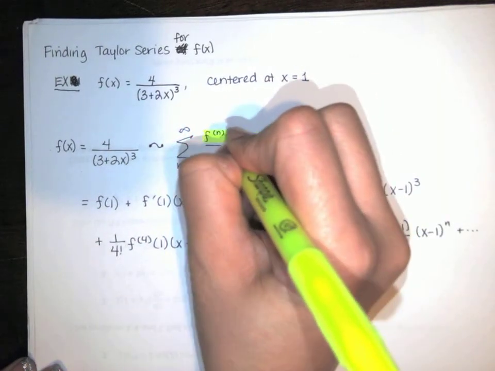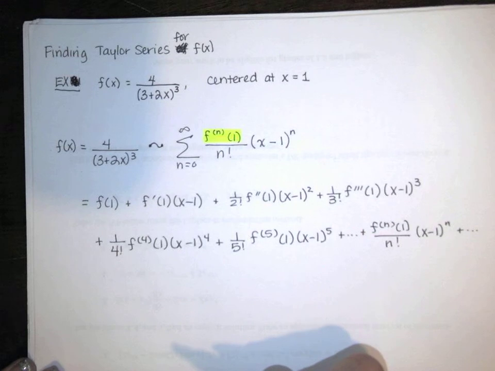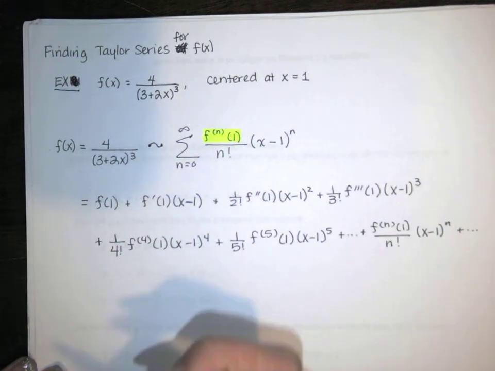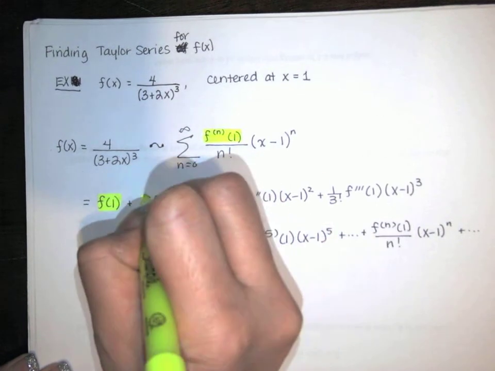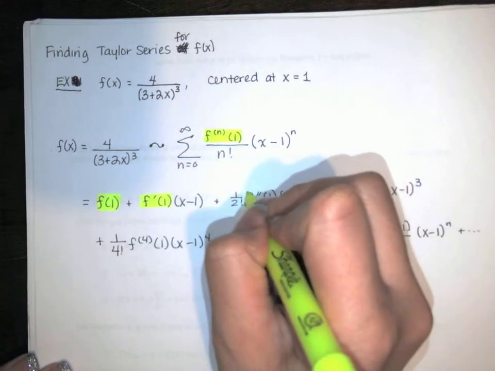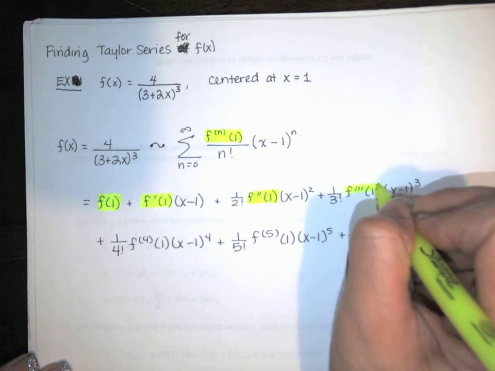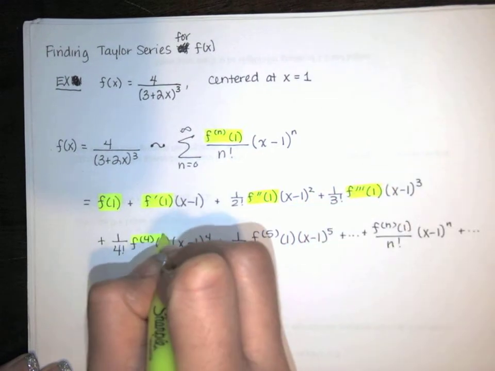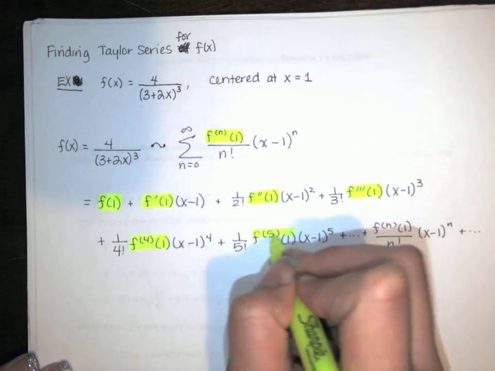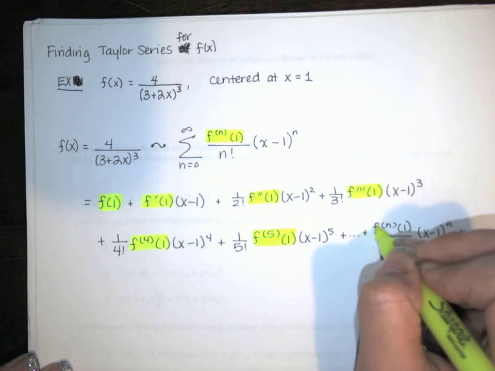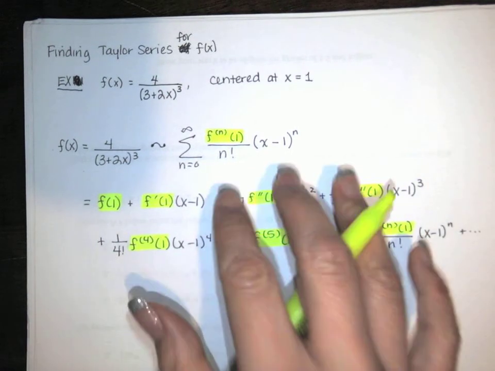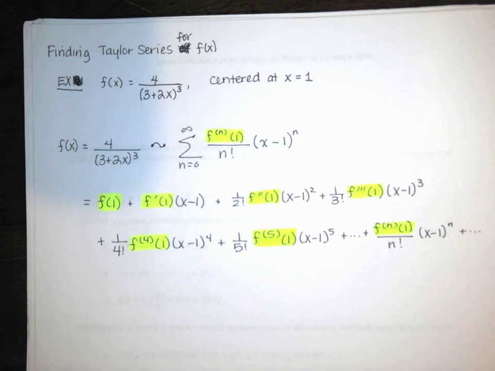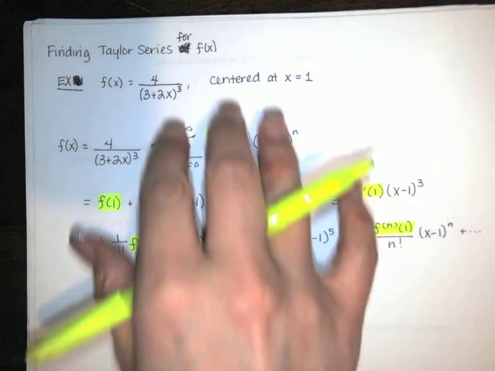There's only one unknown. The unknown is the nth derivative of the function evaluated at the center, x equals 1. If I know what f of 1 is, that's a number, I substitute that in. f prime of 1, I substitute that in. f double prime of 1, f triple prime of 1. I'll just substitute in all of these values of my derivatives. When I'm done, I end up with this power series,